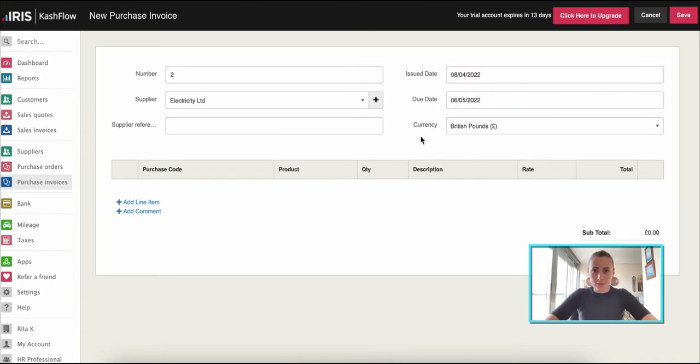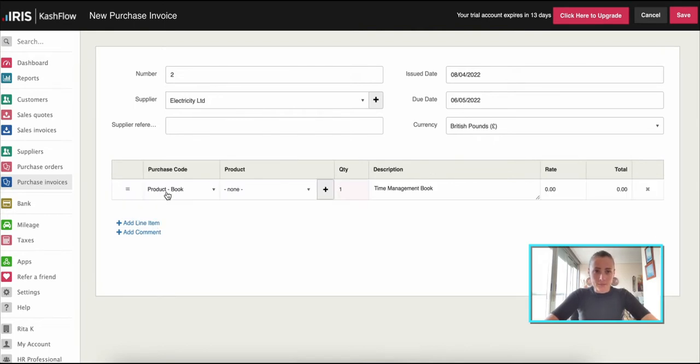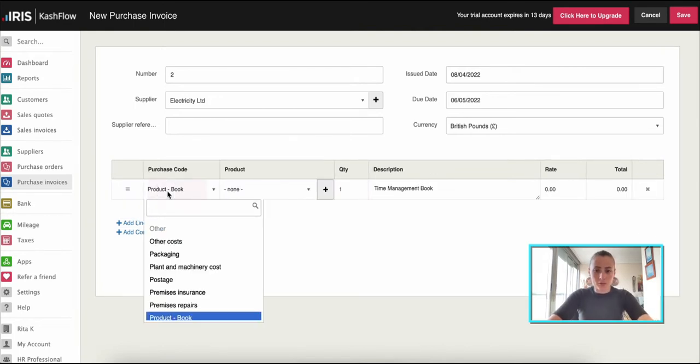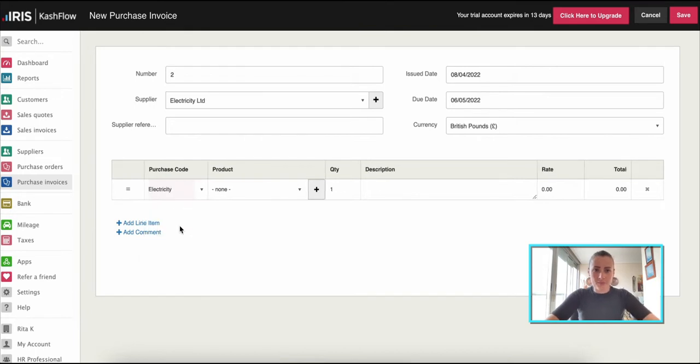Date is 8, so supplier invoice date is 8. Add line item, purchase code, electricity, I'll say 1. So I have an electricity bill for March 22 and the rate is